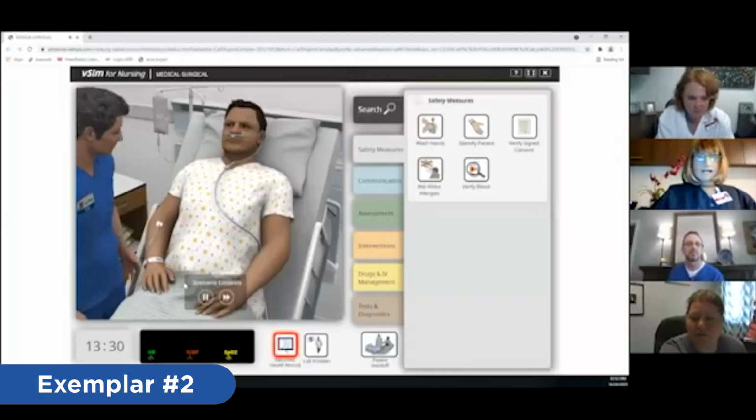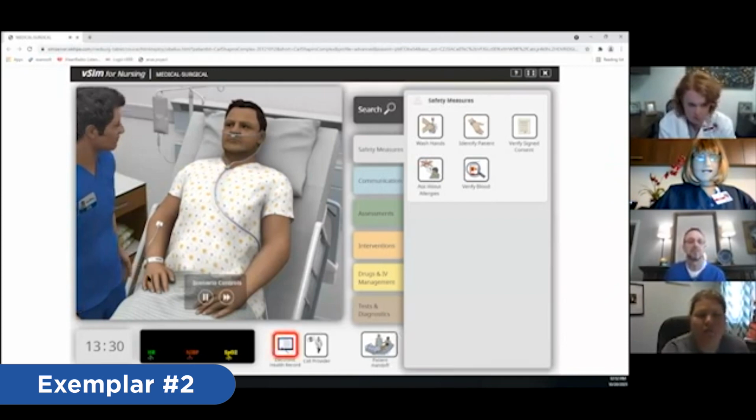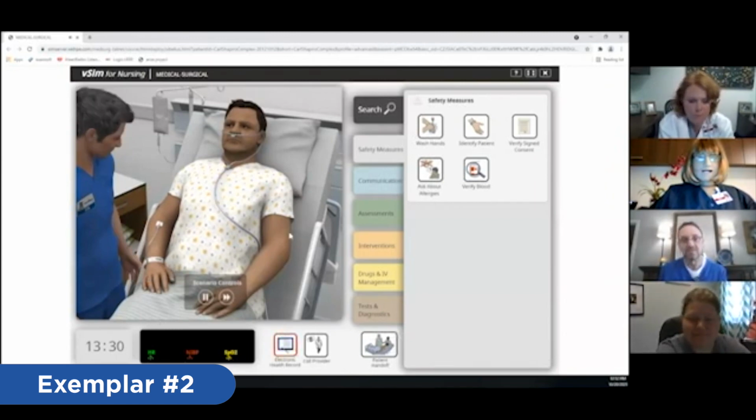Let's talk about what happened in our simulation. Okay, so here's our patient. We're introducing our patient here, Mr. Shapiro. So tell me what things you learned from when you first enter the room and what you're supposed to do. Well, just reflecting back on what we've discussed in lecture, the importance of introducing yourself to the patient, and then that visual assessment of what's going on with the patient in addition to what they're saying, just taking those visual cues. Okay, very good. Thanks for sharing.